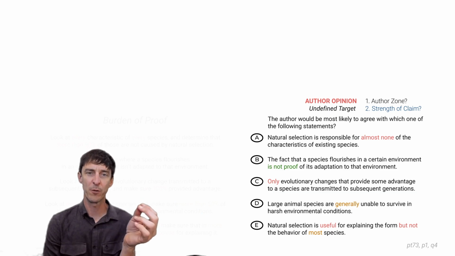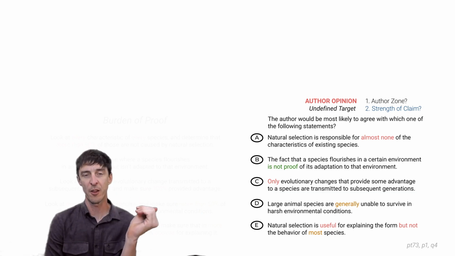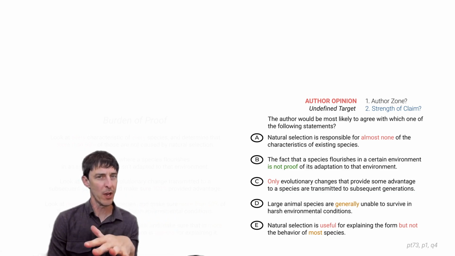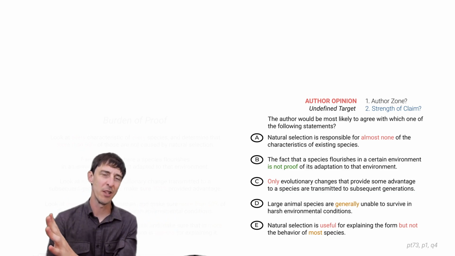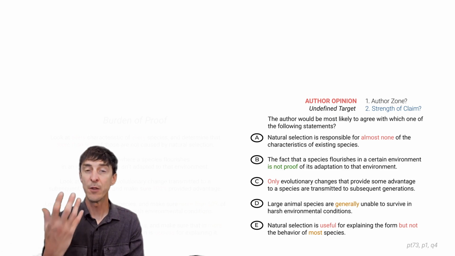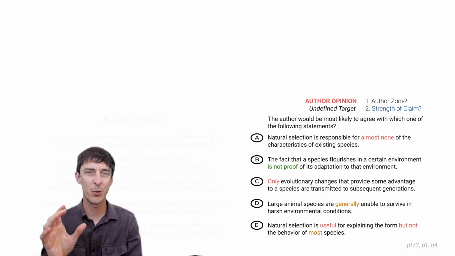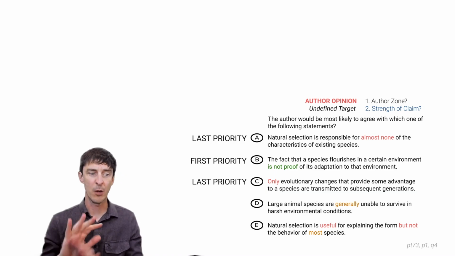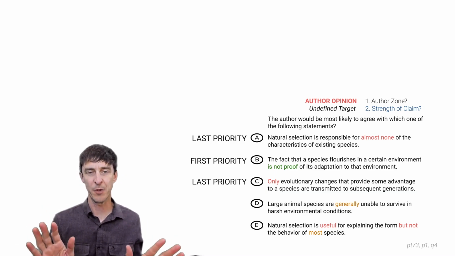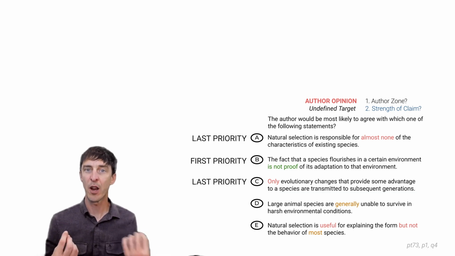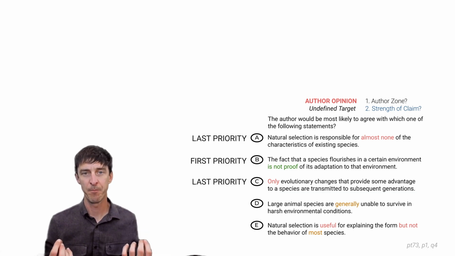The burden of proof for B is so much lower than the other four answers. But you often get something resembling this, where a couple answers are just really, really strong claims. So the idea of using strength of language is that it helps you set priorities. Which answer do I want to research first? And which answers would be the last on my list to research? Because we usually don't have enough time to research all five. So you're trying to prioritize how to allocate your time.